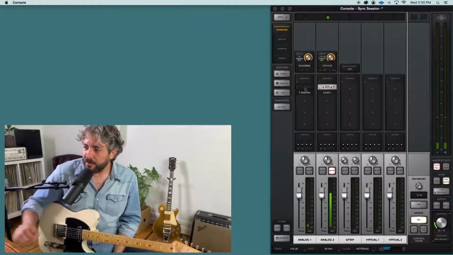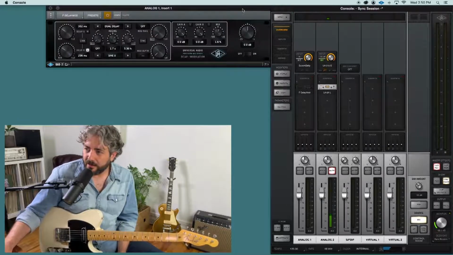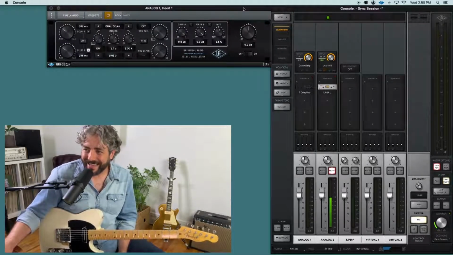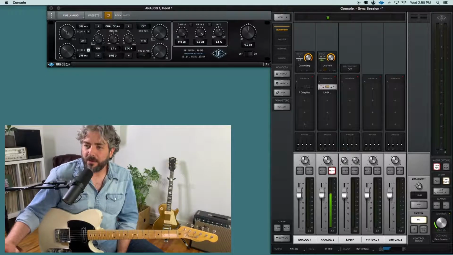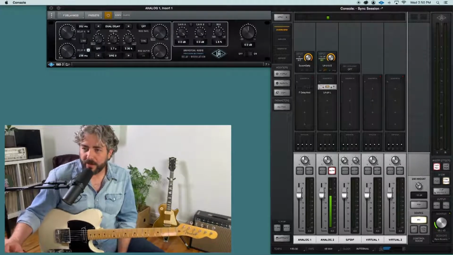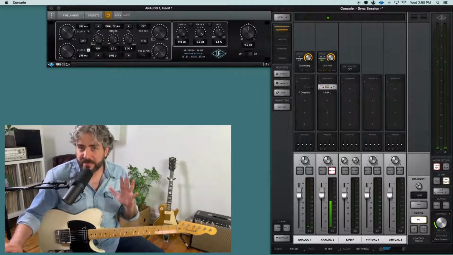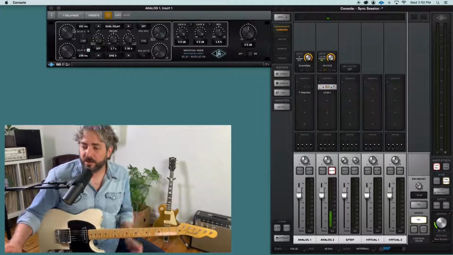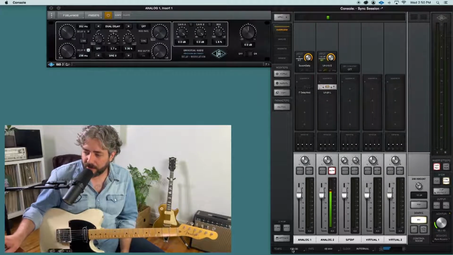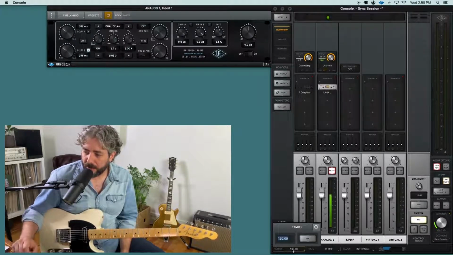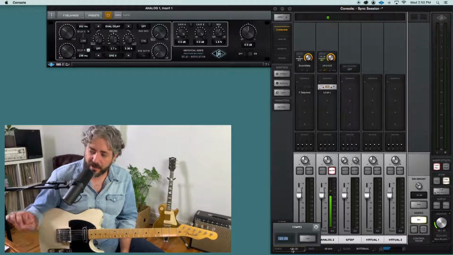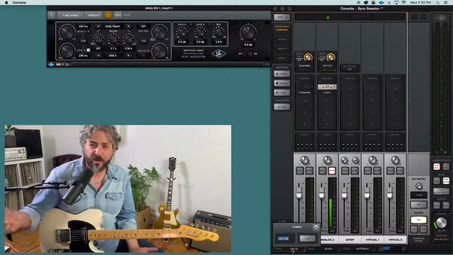Okay, so let me show you some of the parameters that I tweaked to get that sound. All right, so the length over here, when the delay kicks in, this is something I would normally set to tempo. So if you notice down here at the bottom of the console, I have this little tempo button here, and I could click on that and I could enter in the exact BPM of whatever the track is that